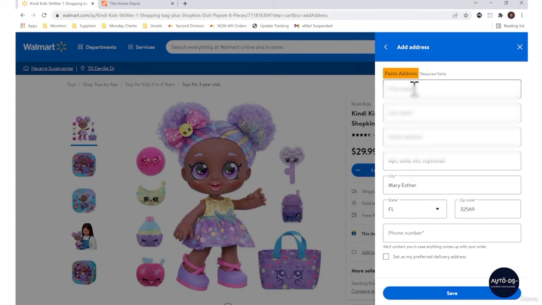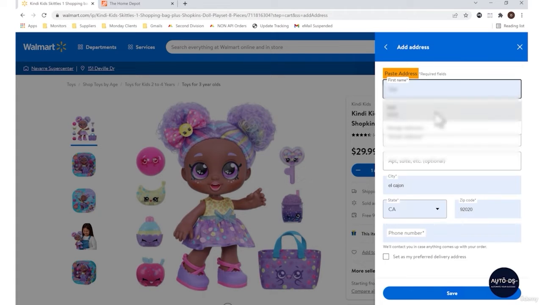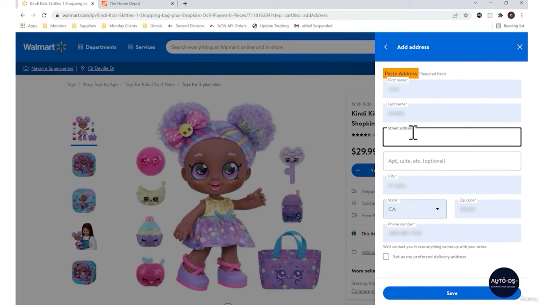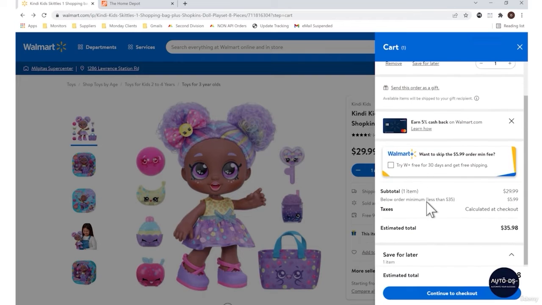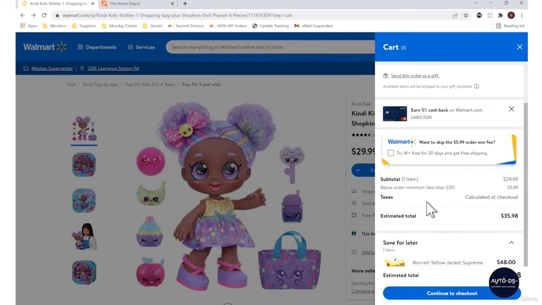You're going to fill out your buyer's first name, last name, street address, city, state, zip code, and of course, phone number. And this will all be provided to you over your eBay. Once you have your buyer's address filled out, you're going to go to the bottom and click on save. And once you have all of that filled out, you're going to go down and see your subtotal, which is